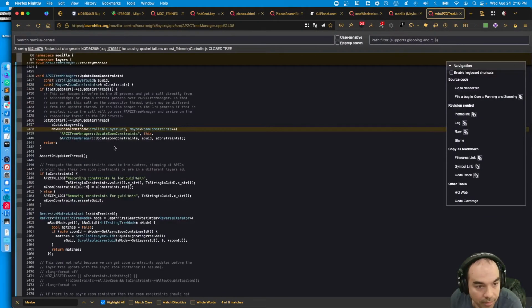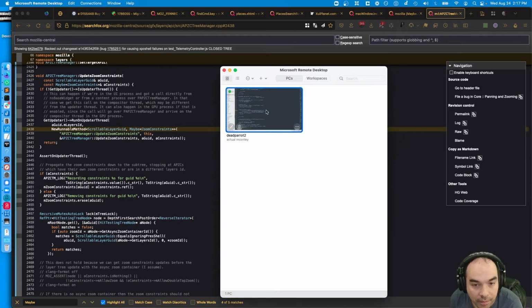And then what did update Zoom constraints? I see, it will call it on its own thread. Then you pass constraints. It's just a const maybe. Okay.